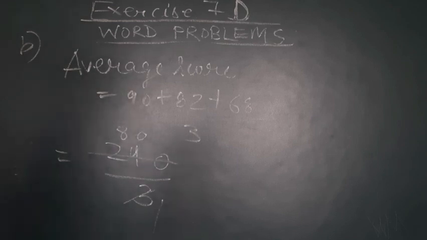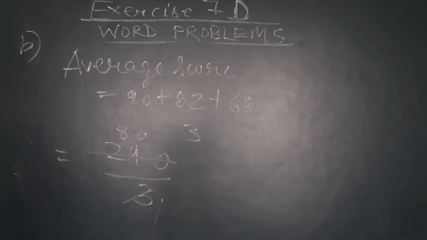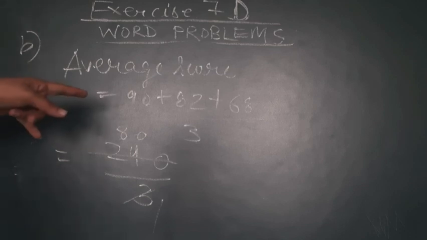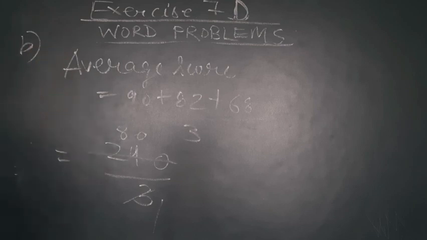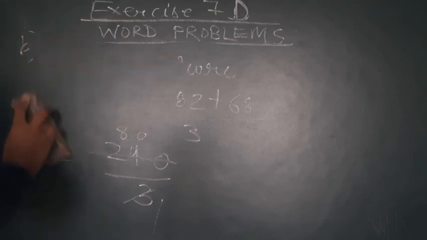One more thing, students, the short trick will only work for consecutive numbers. What are consecutive numbers? Consecutive numbers are continuous numbers, like in the previous question it was 4, 5 and 6. Now in this question the numbers are not continuous. So if you try to find the average by the short trick, you will not be able to find it. Okay, students? Now moving on to the third option, that is option number C.